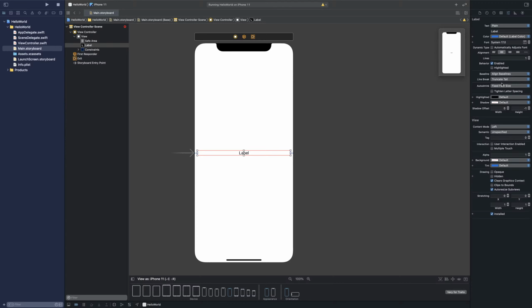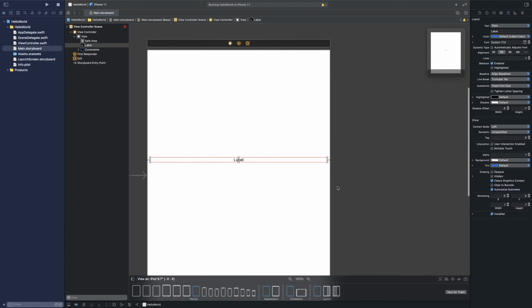If I change device, for example, an iPad, I can see the label is using all the horizontal space, but again, is not exactly where I expected. For this reason, again, I'm going to jump on my view,